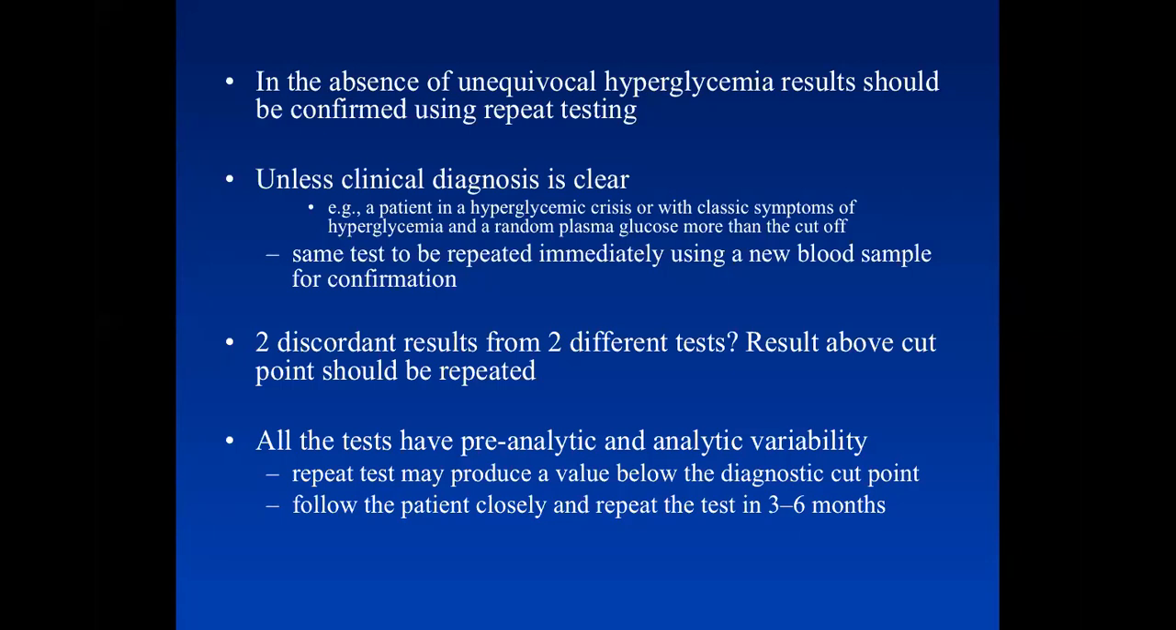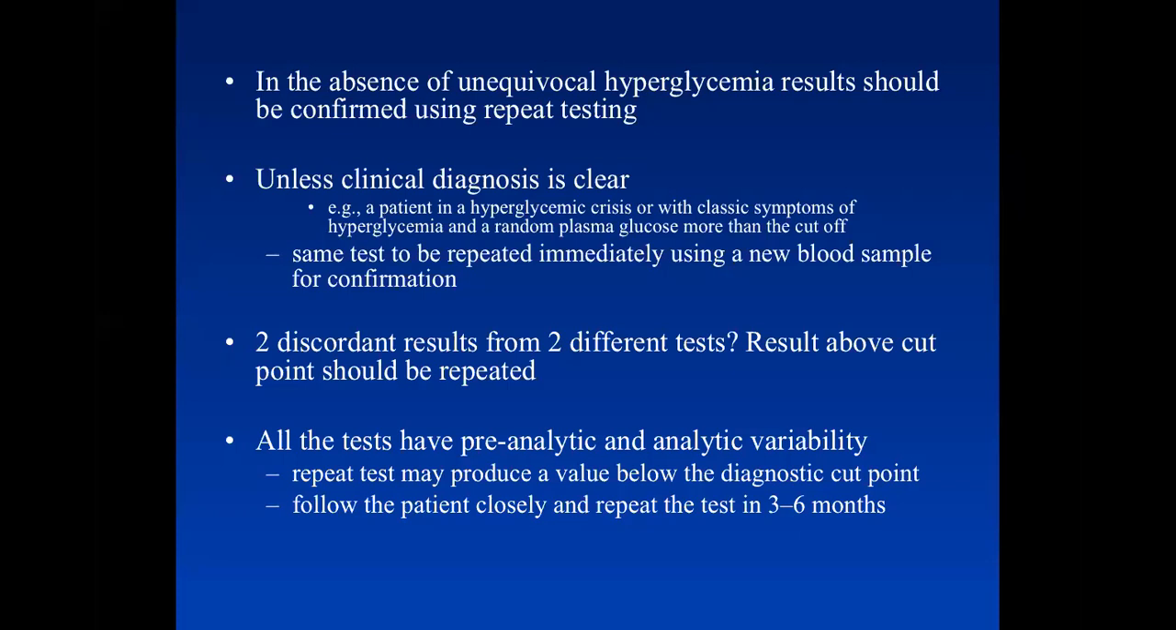But for some reason, if you had to do two different tests, like the first time fasting plasma glucose and the second time HbA1c, and you get two discordant results, one says the patient is likely to have diabetes, one says not, then you have to repeat the testing again. The test that you should repeat is the test that gave you the result higher than the cutoff. Okay, say for example, you got an HbA1c of 7